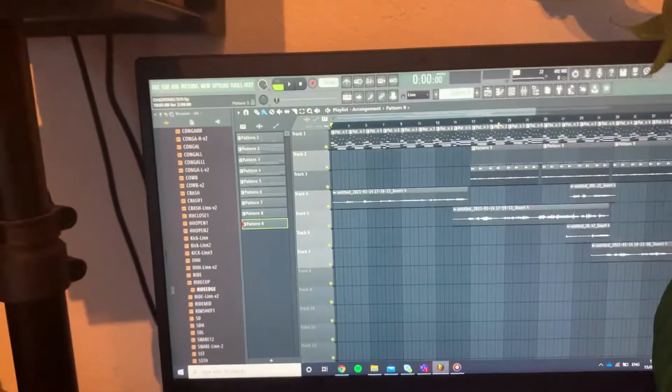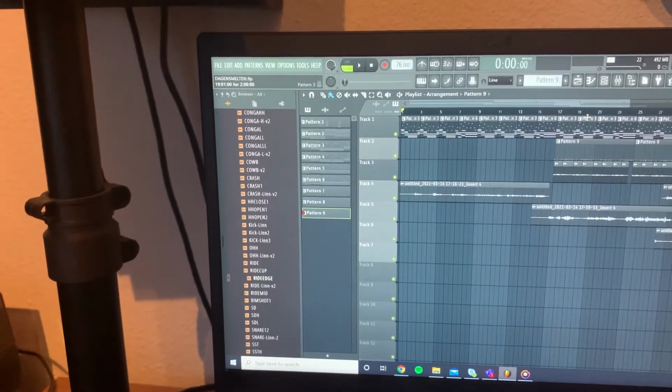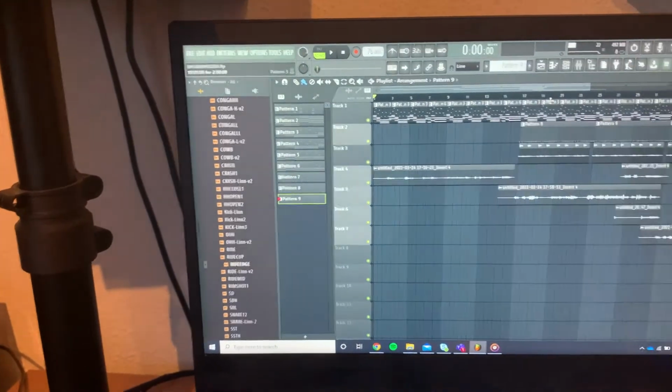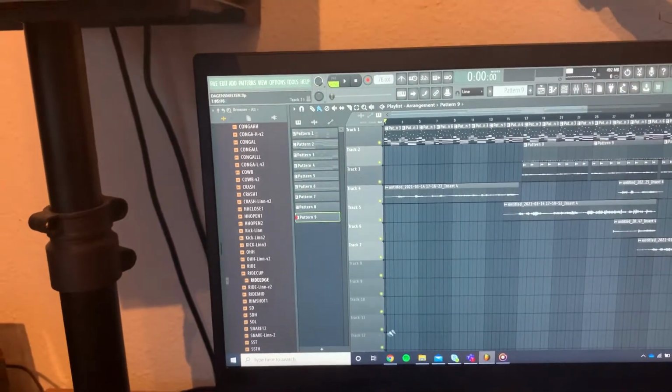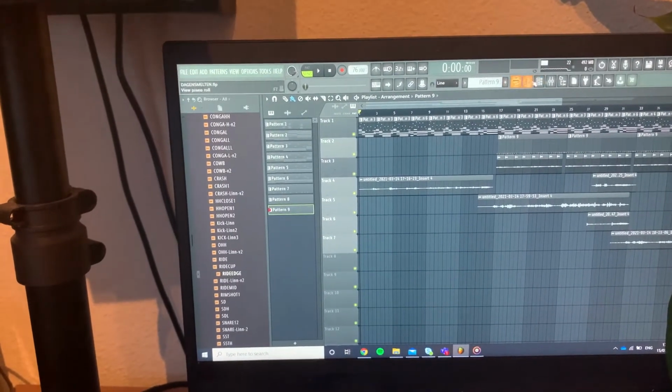So that's a bit how I always start when building a track. I hope this gave you a nice overview of how to start when you don't know how to start.